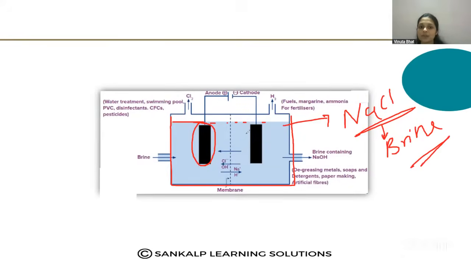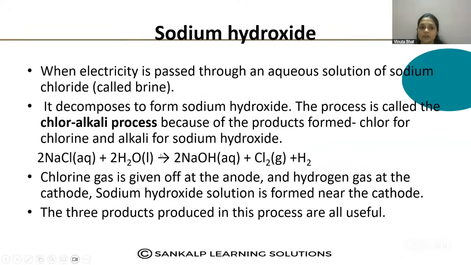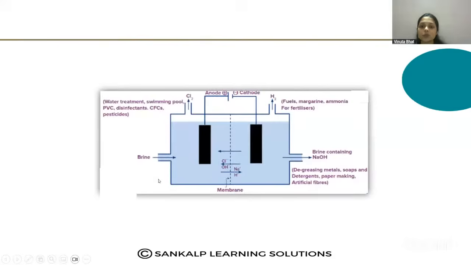Then here two electrodes are used, one is the anode and the other the cathode. This cathode and anode are connected to the battery. Okay, this is the experimental setup. So when you pass the electricity through this solution,